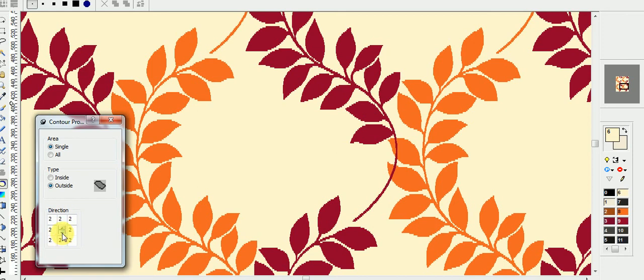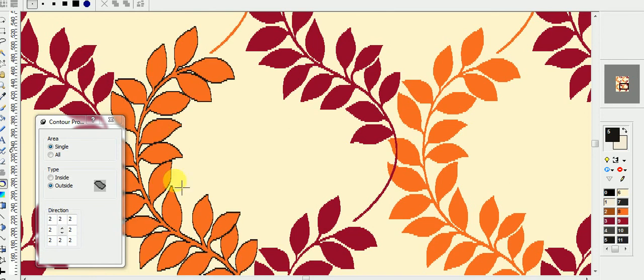If I change this to 2 picks, I want to apply the outline outside for this orange color motif, and then I will select one color from the color palette. Just I am coming to the orange portion, and I click here, so I can get the outline as per this.